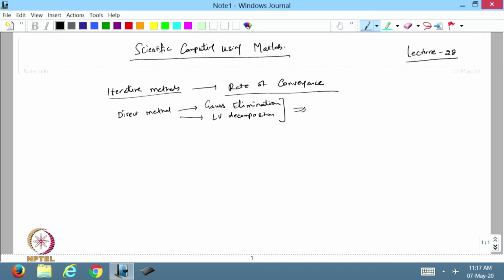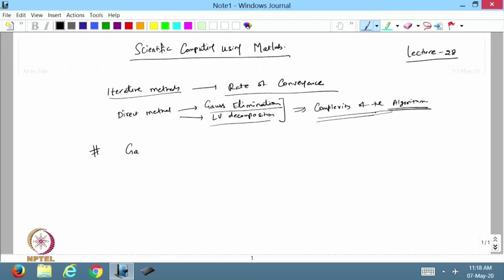In this case we can talk about the complexity of the algorithm, because here we do not find the solution through iterations, but we find the solution in just one complete process. It is not repeating again and again. So, whatever algorithm we have written for solving the system of equations using Gauss elimination or the LU decomposition, we will find its complexity. Complexity means that,